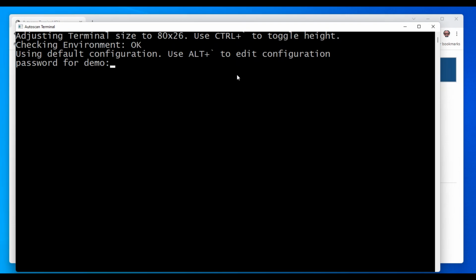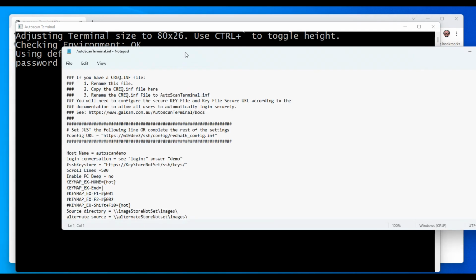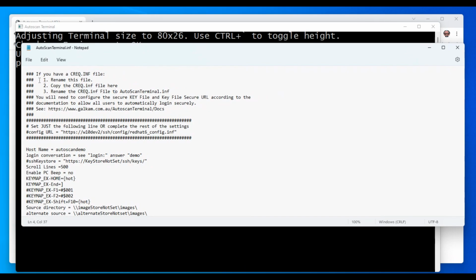Okay, and so we get to this screen here. So by default, it tries to go to a server called demo server with a demo user. So that's not what we want. So as the instructions say there, if you want to change the configuration, use Alt plus the backtick button. So Alt backtick will open up the config file,